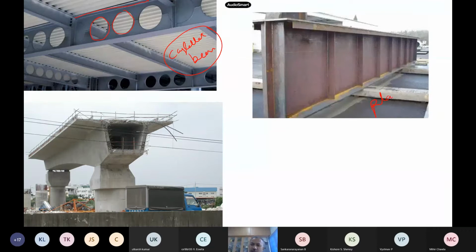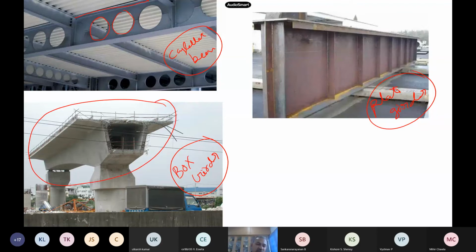Then there is a typical plate girder. It's huge; for bridge decks and others we use it. And this is our box girder. This is also used as a beam. You have seen this type, right? Where are you seeing this nowadays frequently? Which of them are you seeing frequently? Like metro, you have seen, right? Metro constructions, which one are they using right now?